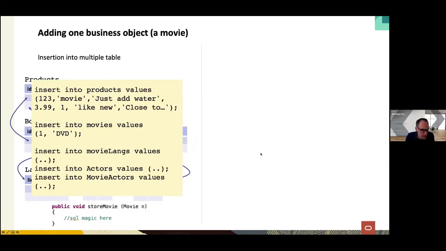Now let's say we want to insert a movie. And now on our relational side here on the left side, what could happen is that it's a new movie, but one or multiple of the actors are already existing in our database. So we would have to query our actors table to see whether all the actors are new or whether some actors are already in the database. And depending on that, we either have to also add the information on the actor or just link existing actors up to the new movie. So this is why I said SQL magic here, because it's really not so trivial